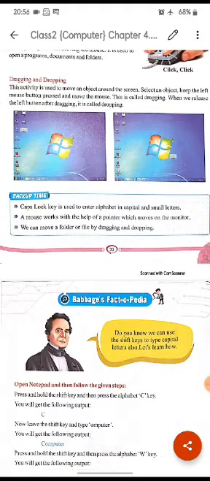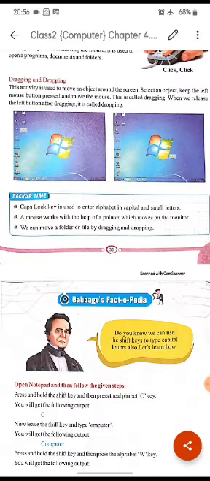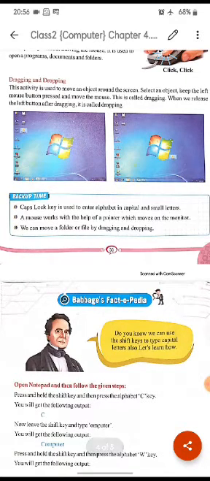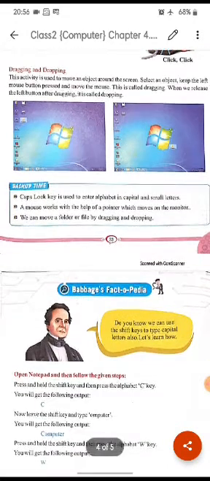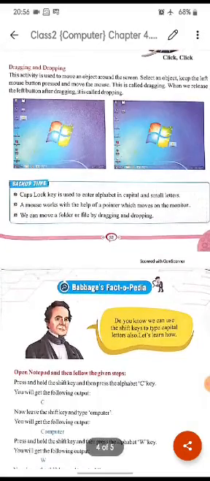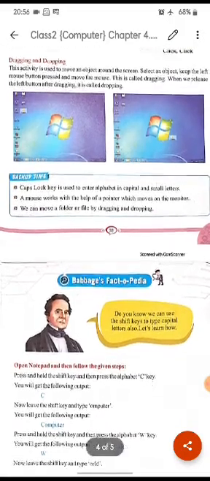Second, a mouse works with the help of a pointer that moves on the monitor. The small arrow on the screen which we can see is the pointer. We can move a folder or file by dragging and dropping, as you have seen in the above example.